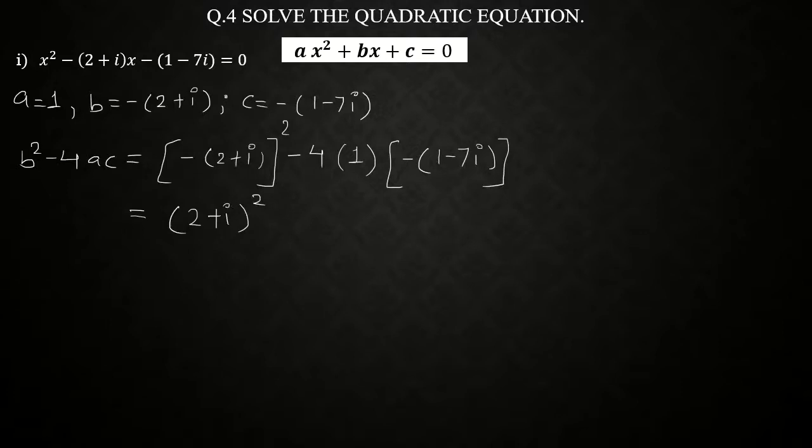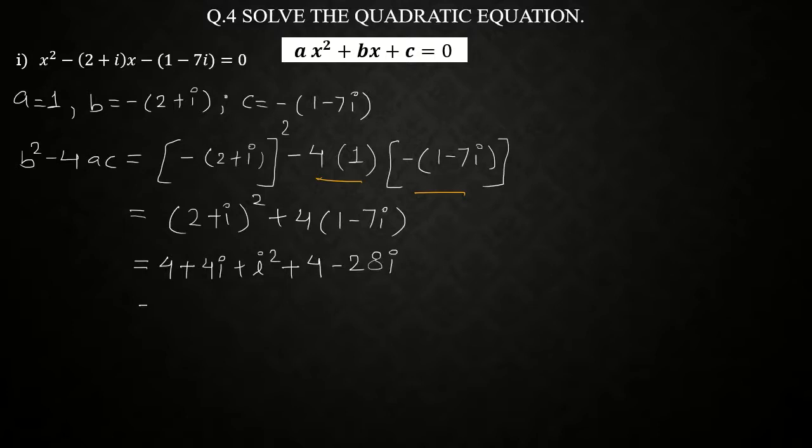Next, we multiply this minus 4 ones, which is minus 4. This we multiply inside the bracket. So we are getting minus into minus plus 4 multiplied by 1 minus 7i. Now to simplify this bracket, 2 plus i the whole square, we apply a plus b the whole square. That gives you 2 square 4, plus 2 twos are 4i, plus i square, which is a plus b the whole square that we applied. 4 ones are 4, multiplying 4 inside the bracket, minus 28i.